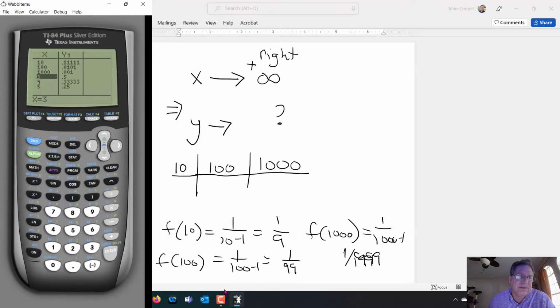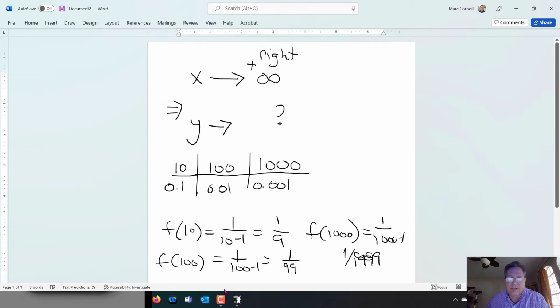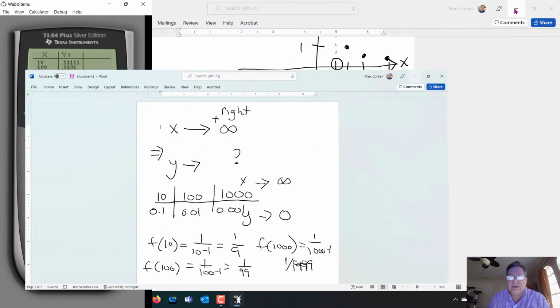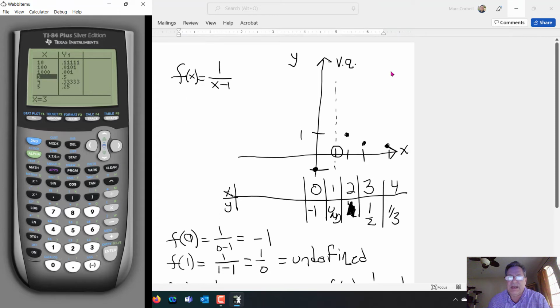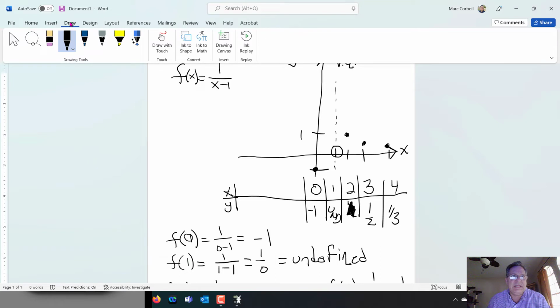And you see those values are going to be small, 0.1, 0.01, 0.001. So in my table, 0.1, 0.01, 0.001. And we see as these values get bigger, as x goes towards infinity, we see easily that y is going towards 0. So that kind of helps us with our first kind of behavior here going on in my graph, that what we're actually seeing here is, and we'll make this a little more obvious with